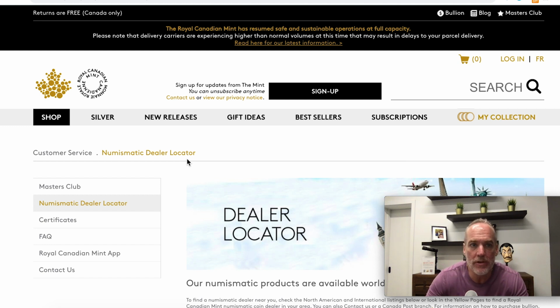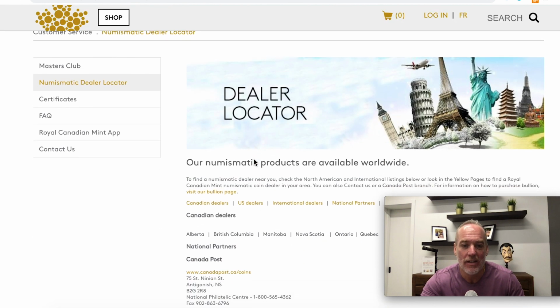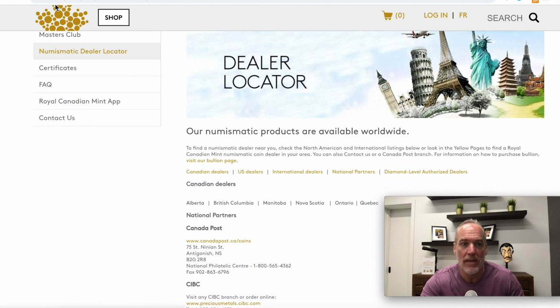Once we were doing this for a little bit longer, we thought, hey, we should probably get a little more sophisticated and find out who the Canadian Mint uses as their authorized dealers. Because we figured if we used an authorized dealer from the Canadian Mint, which is a highly respected mint globally, our chances of buying real gold and silver are probably a lot higher. So on their website, mint.ca, they have a dealer locator,